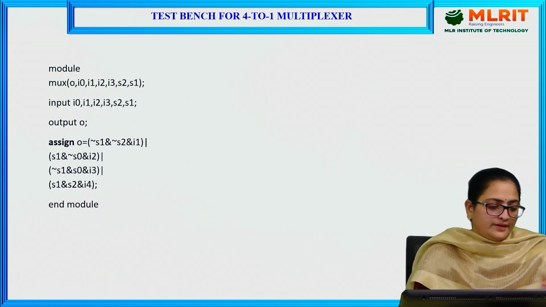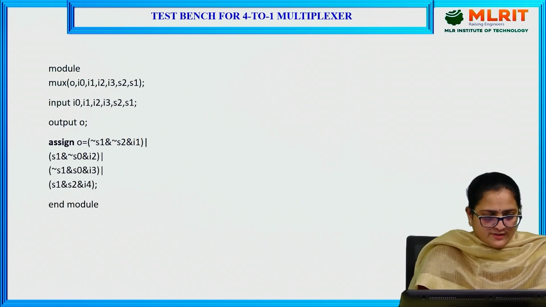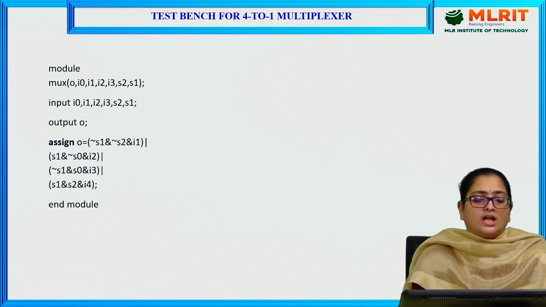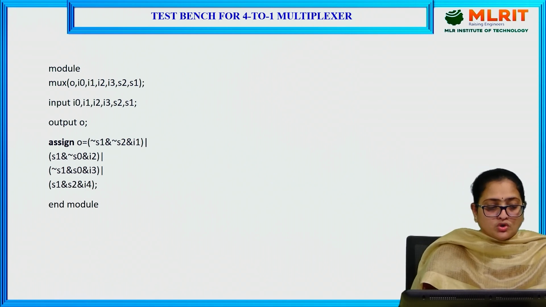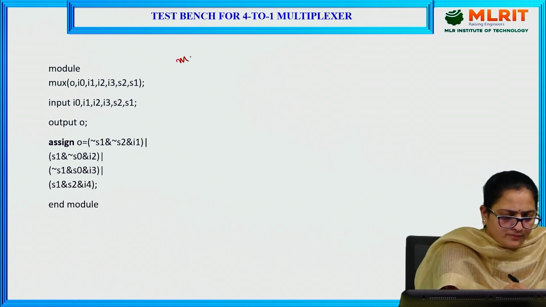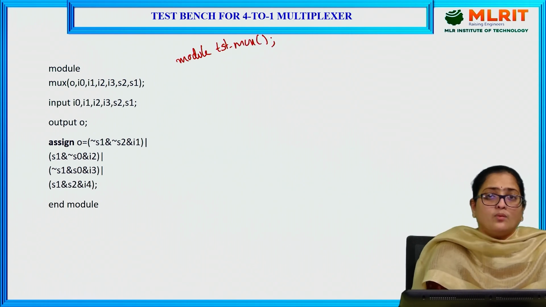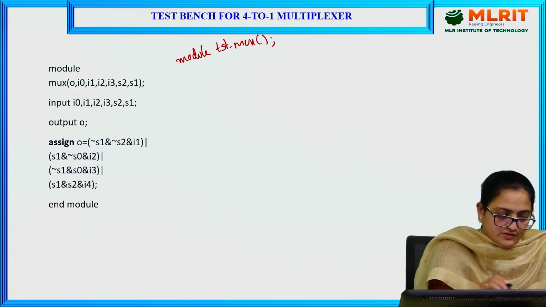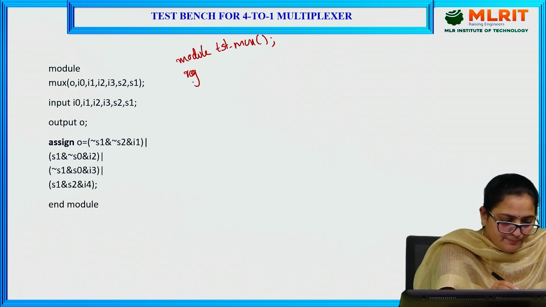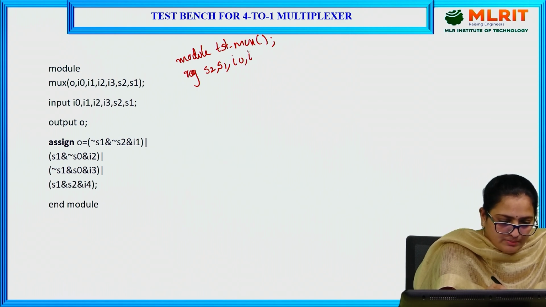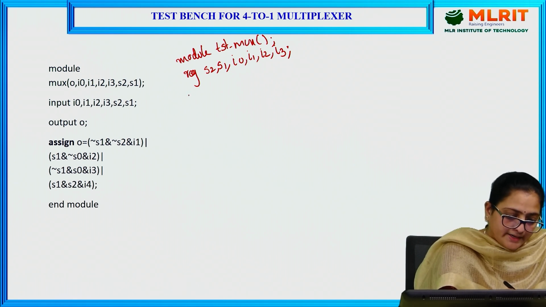So, now here, this is a 4x1 multiplexer code, that is the design description of the 4x1 multiplexer which we have discussed in the previous slide. Now, we will write a Verilog test bench code for this module. For this test bench code, you need to start with the keyword module. Module name I am giving test_MUX. Now, representing the input values with a register. So, reg. Input values are S2, S1, I0, I1, I2, I3 with a semicolon,